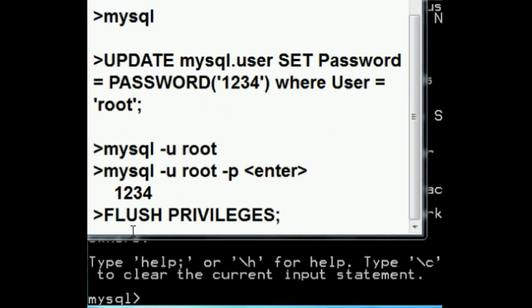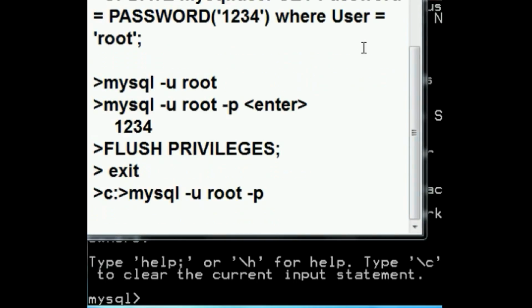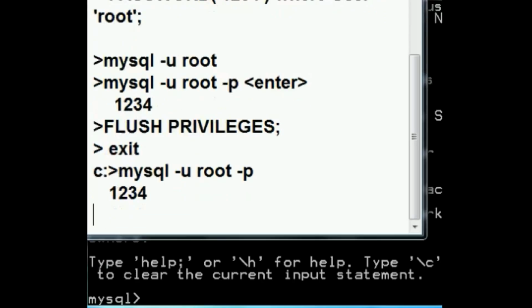And then finally I told the system to flush the privileges. That means reread the database and the tables and all the changes that I just made. I then exited the system by keying in exit, and I came to my DOS prompt, and I keyed in mysql -u user, then the username root, and then a -p, and I hit enter. And then I keyed in my password 1234, and bada bing, bada bang, bada boom, I got right into the system. And that's one of the first things you want to do to